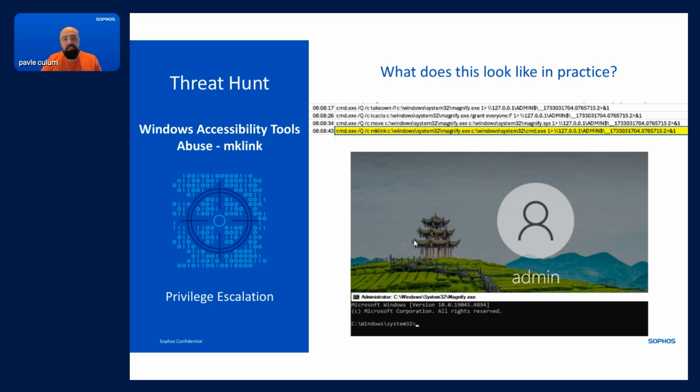In this case, a very similar type of attack. So the beginning and the end are kind of similar, but it's what's in the middle that has changed. And this is a technique, again, that we haven't really seen much used in the wild, where MK-Link, the actual link itself, was created between magnifying glass and command.exe, which allows that any time a user or an attacker would utilize, for example, magnifying glass in Windows, they would have a command shell